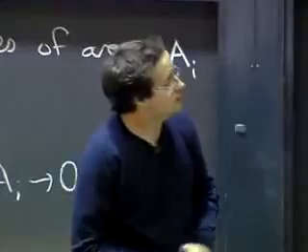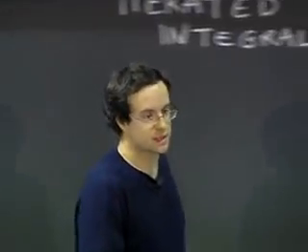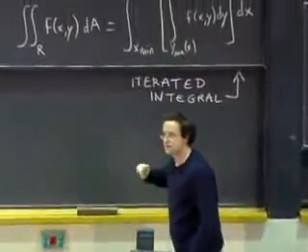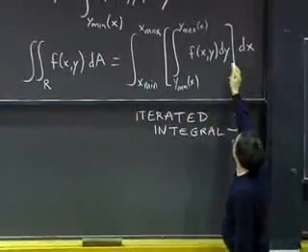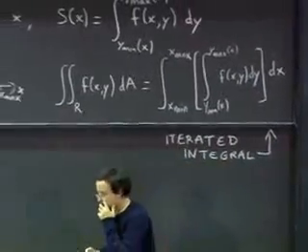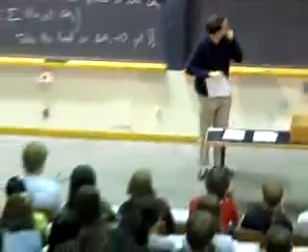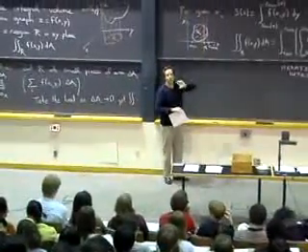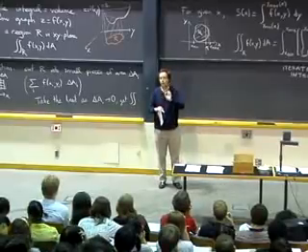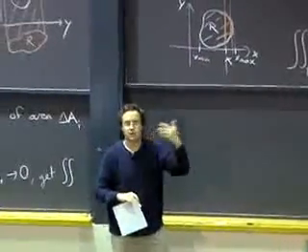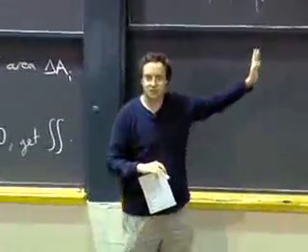So we should probably do lots of examples to convince ourselves and to see how it works. It's called an iterated integral because first we integrate over y and then we integrate again over x. x and y vary independently of each other inside the region. What is more complicated is how the bounds on y depend on x. But you could also do it the other way around: first integrate over x and then over y, and then the bounds for x would depend on y. We'll see that on an example.